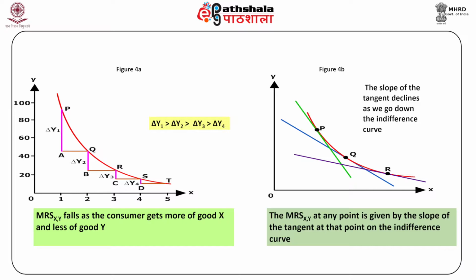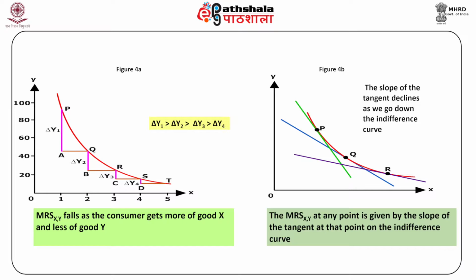It is evident from figure 4a that the consumer moves along the IC. The length of delta y becomes shorter and shorter while delta x is kept the same. Put differently, the marginal rate of substitution XY falls as the consumer gets more of good x and less of